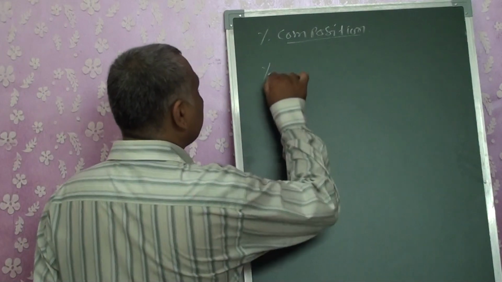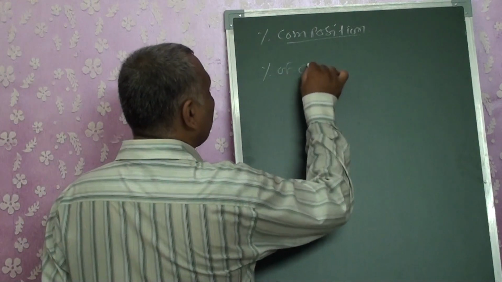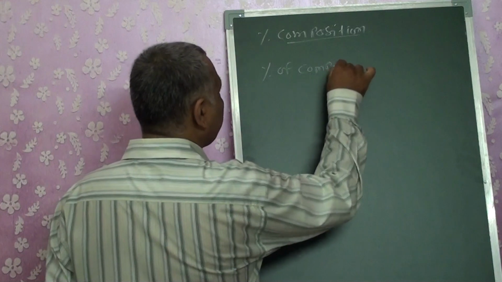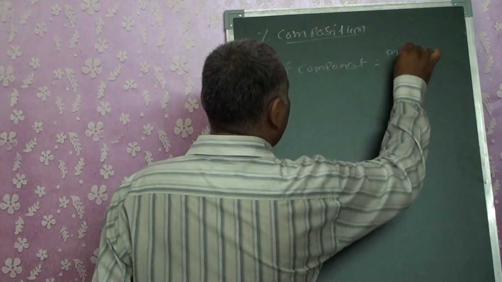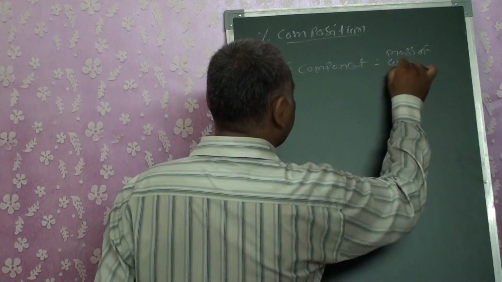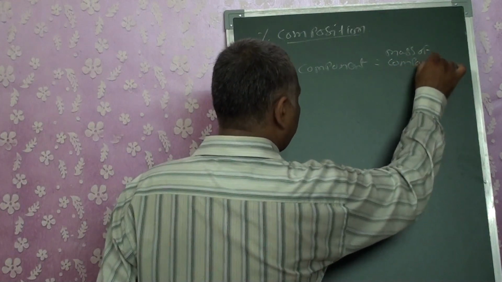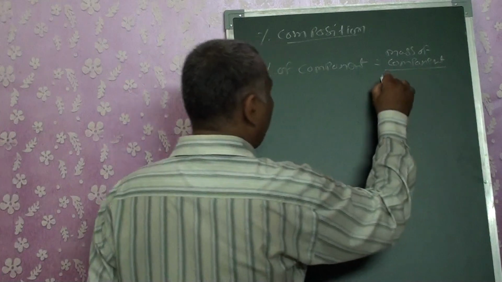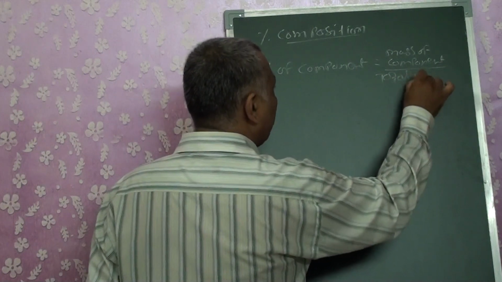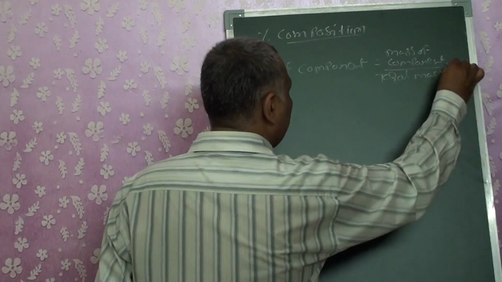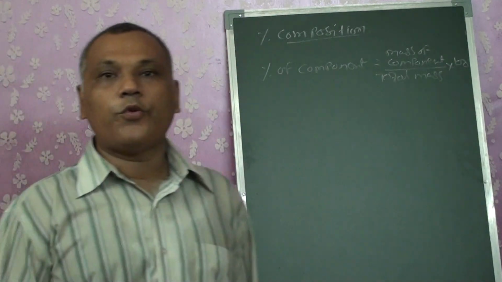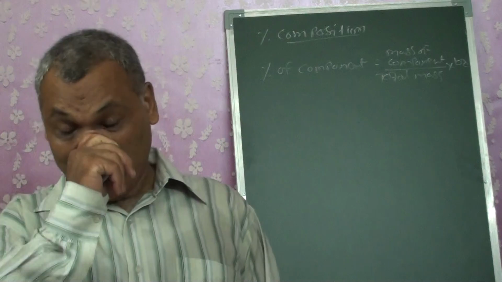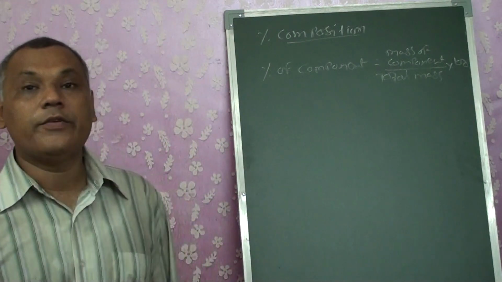Percentage of component will be equal to mass of component upon total mass into 100. This is the formula that we use to calculate the percentage of any given element